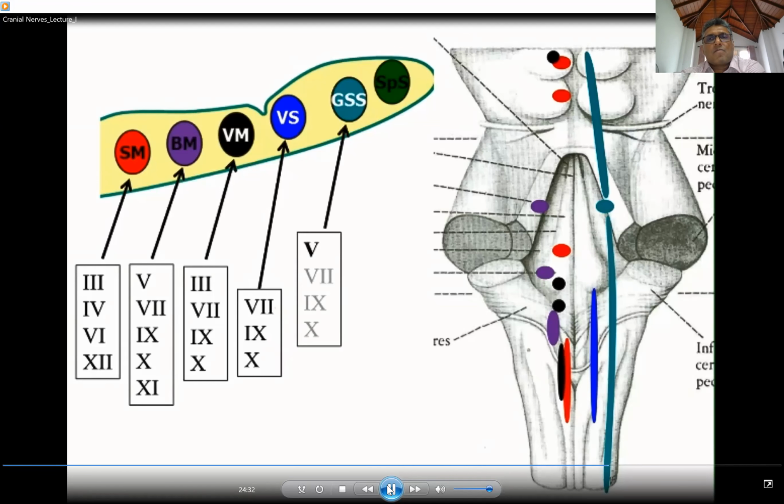Then the other one is the general somatic sensory, that is actually the trigeminal nucleus, which is a very long nucleus extending from the midbrain through the pons and the medulla to the upper part of the spinal cord here, and it is actually carried in the